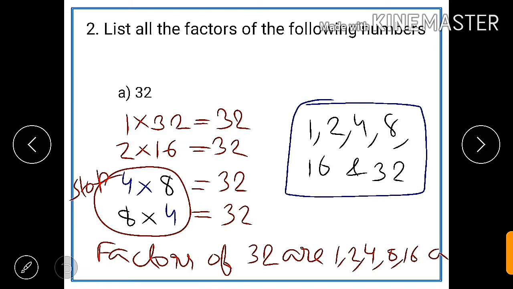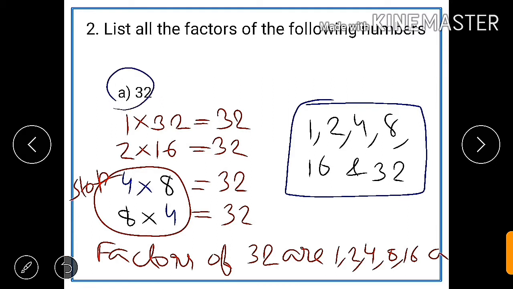Next one, question number 2. List the factors of the following numbers. We need to write all the factors of the given number. First number is 32, which is given to us. So in order to find out all the factors of 32, what we are going to do is, first we